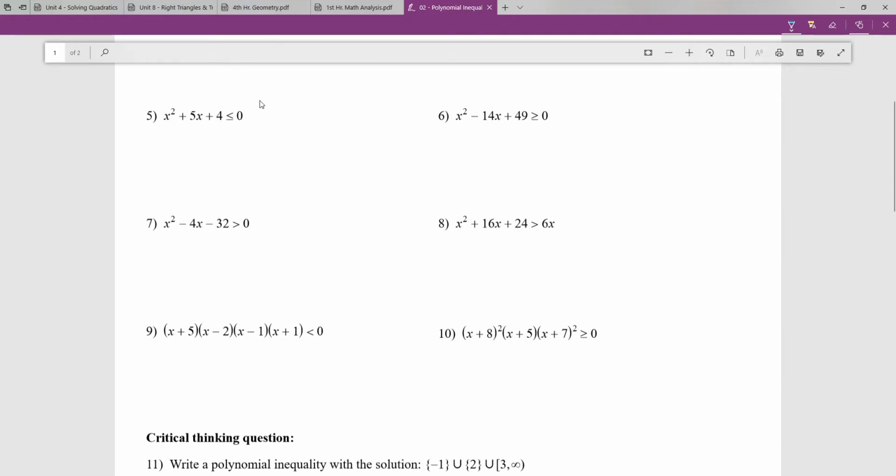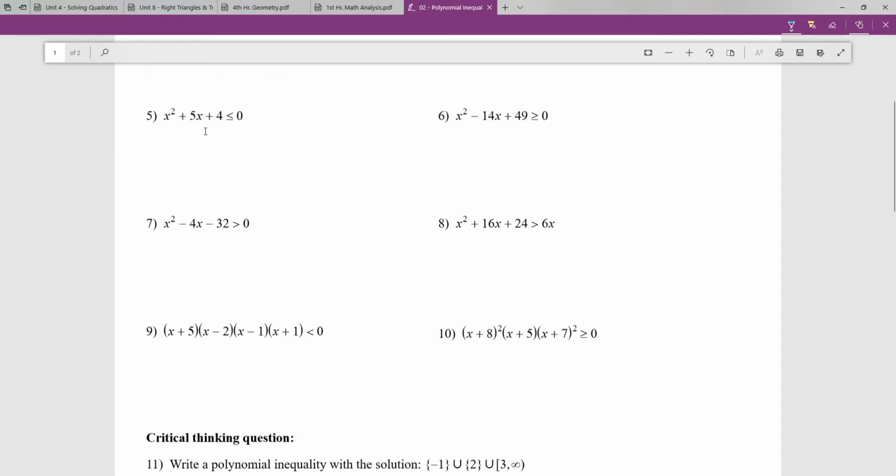Alright, we are going to try out some of these polynomial inequalities programs, and I'm going to try out this little screenwriting deal. Hopefully this isn't too miserable to read and write with, because it's a lot easier to record on my computer screen here. But we're going to look at problem number 5, a polynomial inequality,